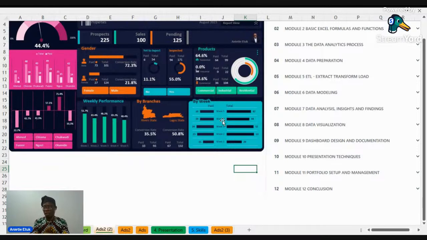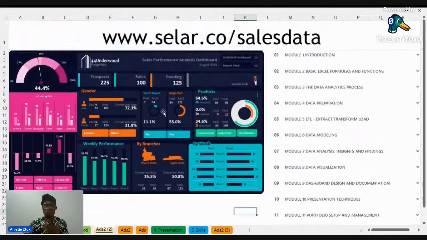If you're a data analyst and you only have your CV, I'm telling you, you're not doing yourself really good. You must have a portfolio. And if you're a data analyst, you're not on LinkedIn, you're not really doing yourself much good. And even if you're on LinkedIn and you're not posting, you're not interacting, you're also not doing yourself good. So let me just quickly show us this particular work before we proceed. Just 1 minute. I'll be very fast with it.